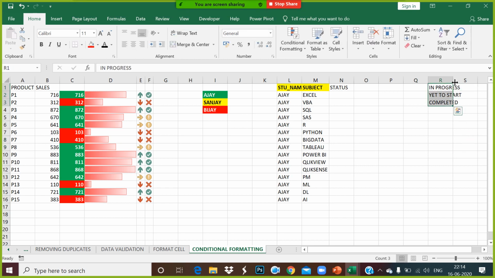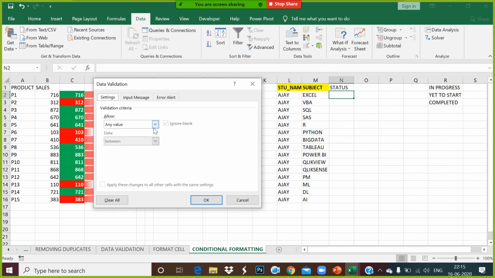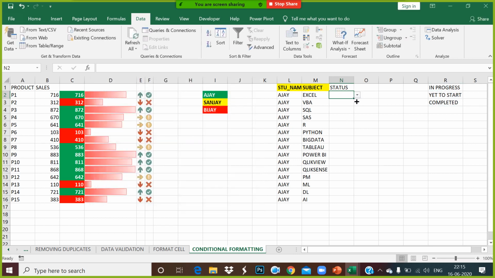Are you getting this? These are the three statuses that can be given to each of the subjects. Yes or no? Okay. Now selecting this, I go to data. I choose my validation. In the validation, I choose list and I select the sources, these three. Yes, can you see that? Yes, sir. Okay.